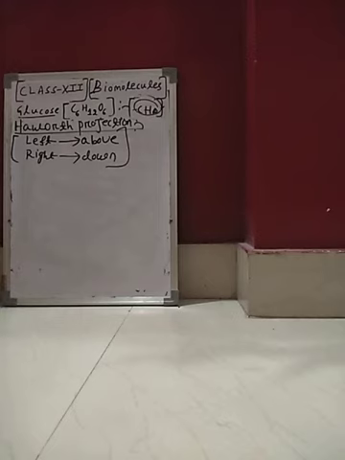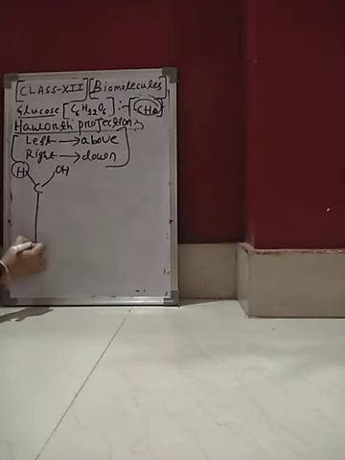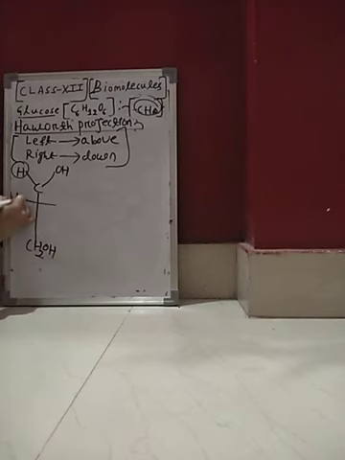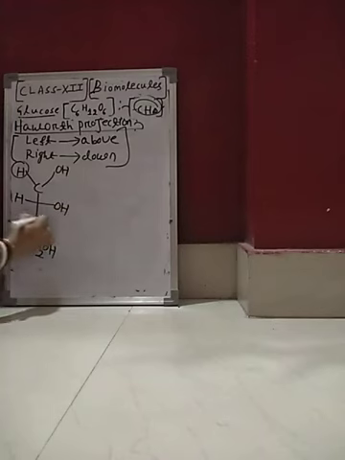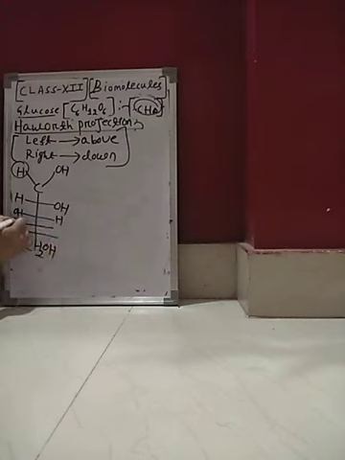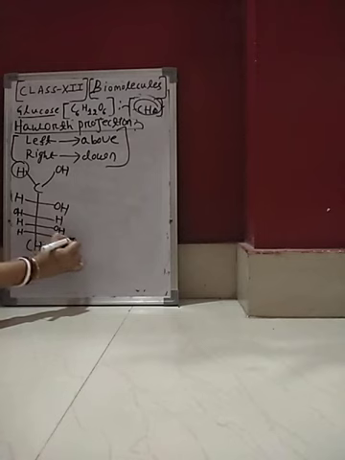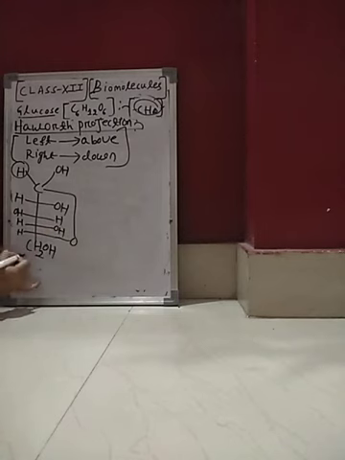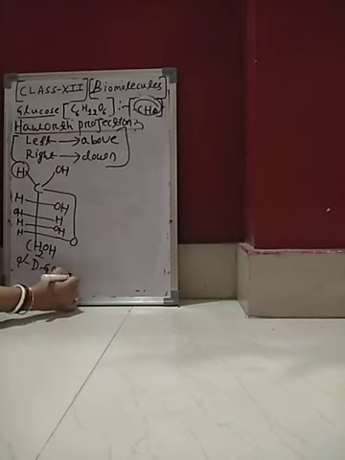So what will be the structure of alpha D-glucose in the closed form? This is the structure of alpha D-glucose in the closed form. HCOH, hydrogen on the left, then it is your CH2OH, clear? Then HOH and OH, H, then again HOH, clear? This is H and this O is common to this. So this is the structure of alpha D-glucose, clear?